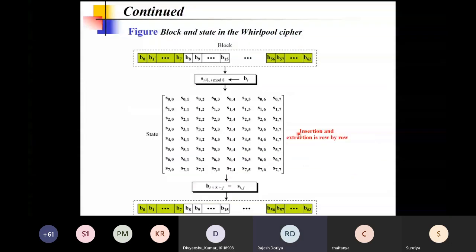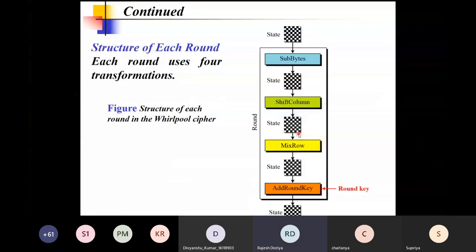This is the overall structure which includes all 4 transformations which we have seen earlier in AES. Those 4 famous transformations here were byte substitution, shift column, mix row, and add round key.